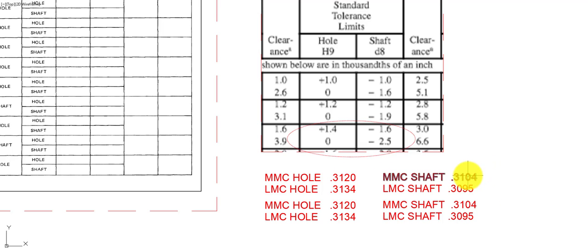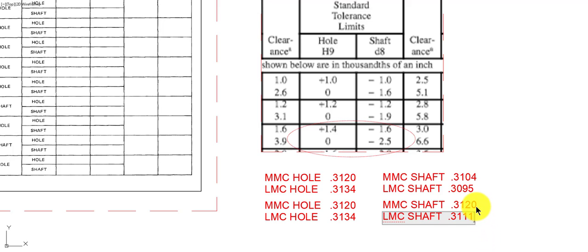Well, I need that to be that number. So what do I have to do to get that number to be this number? I have to add 0.0016 to that. When I do that, I get 0.312, the nominal size of the hole in the shaft, but it takes adding 1.6 thou in order to do that. Well, if I'm going to do that here, I have to do it to the other three, or I don't have the same relationship. So what do I do if I add it down here? If I add it down here, I get